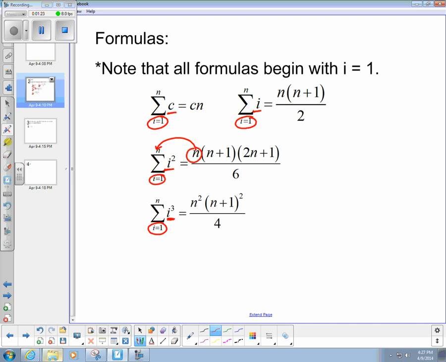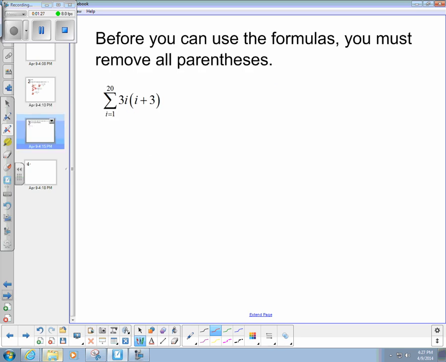Okay, so we're going to look at a couple of examples of how these formulas work. Before you can use the formulas, though, you need to remove all the parentheses. So if there's any distribution to be done or any squaring, you need to take care of that first. Then you can apply your formulas. So in this case, I would need to write this out as the sum from i equals 1 to 20, and I'm going to distribute the 3i. So I would get 3i squared